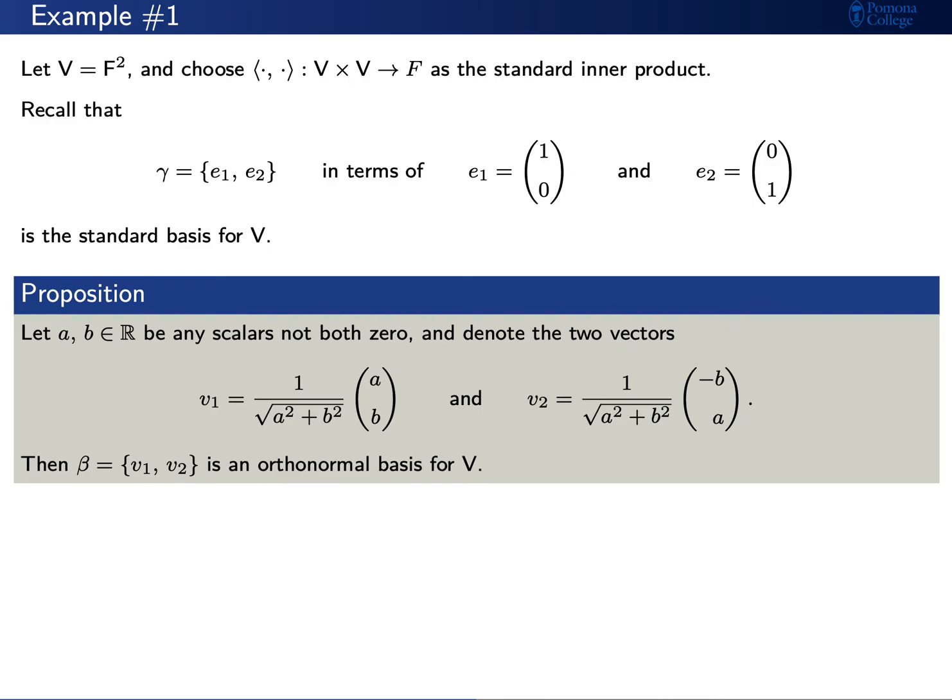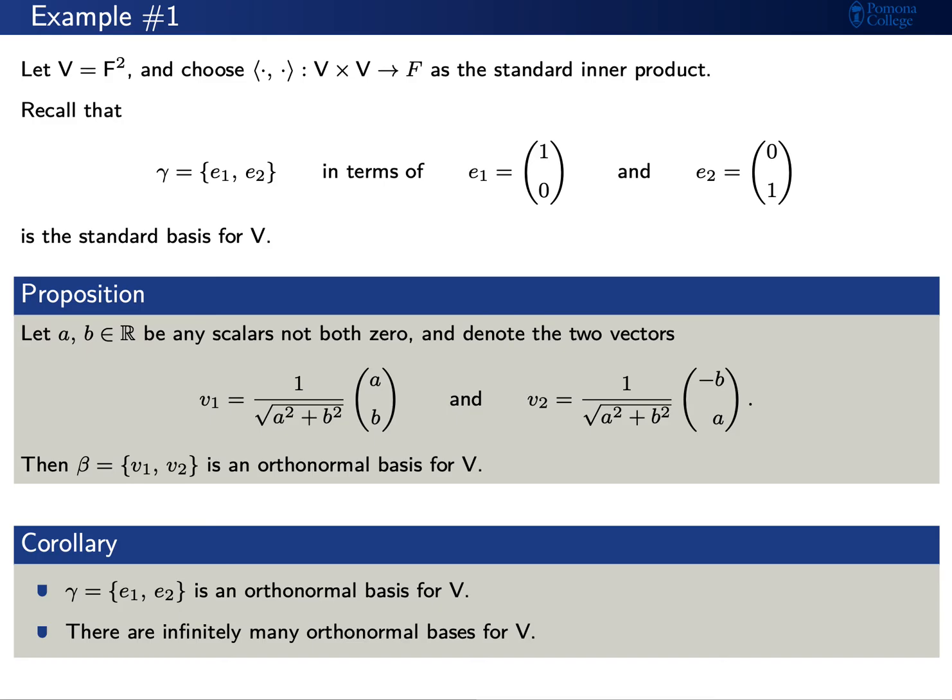We've already seen that we can actually write down many other bases. Let's take a and b to be any two real numbers, not both 0, and let's define new vectors v sub 1 and v sub 2 as you see here on your screen. We claim that this set beta, consisting of these two vectors v1 and v2, is an example of an orthonormal